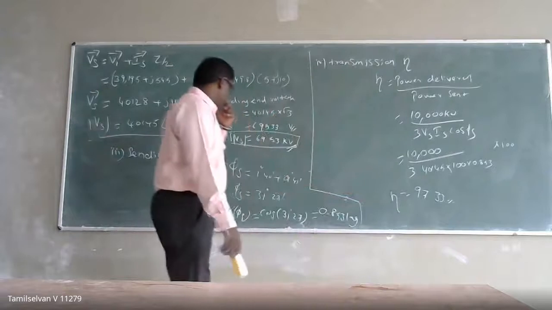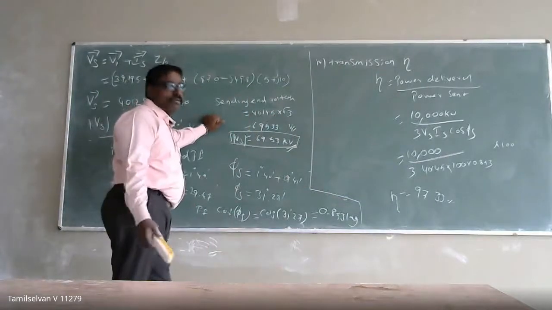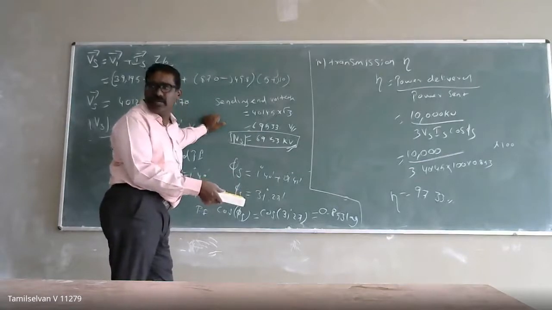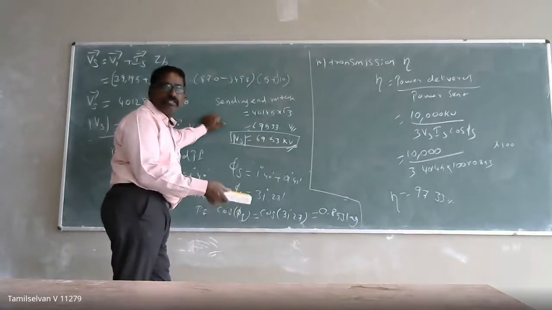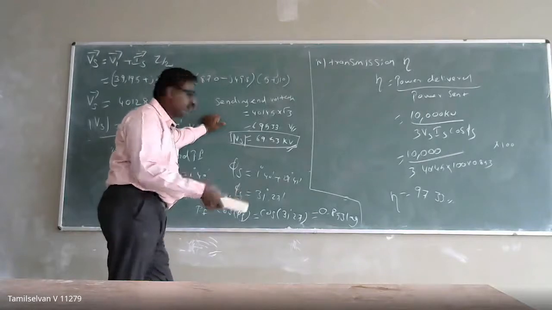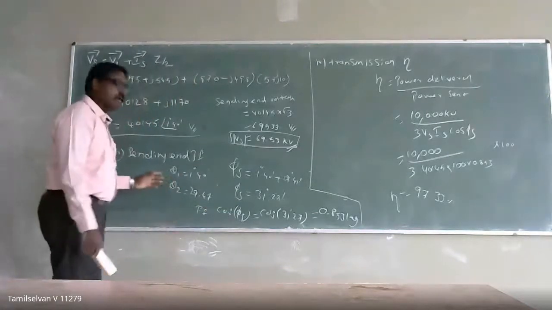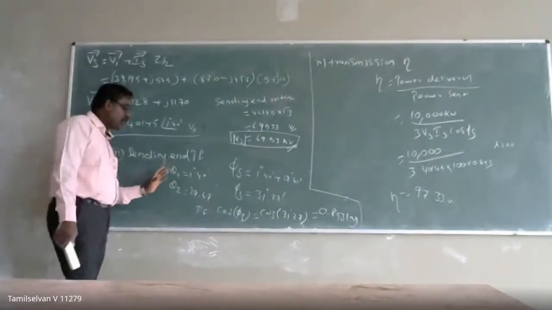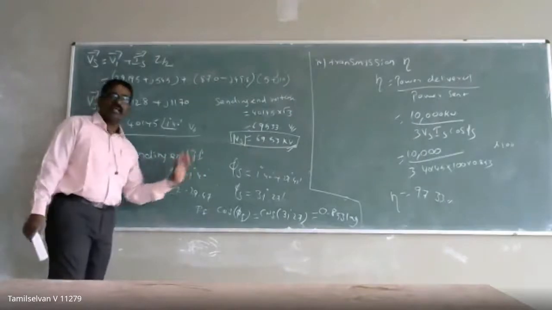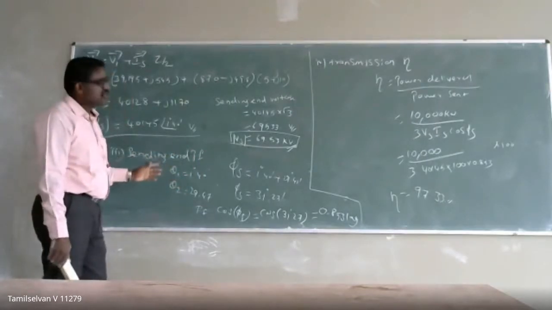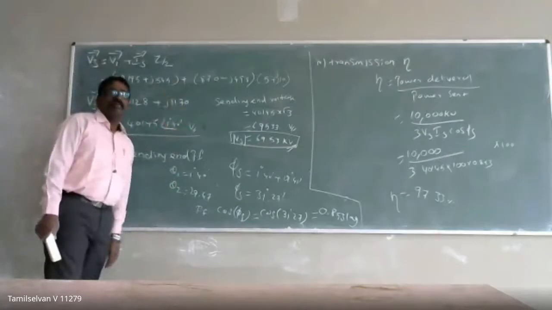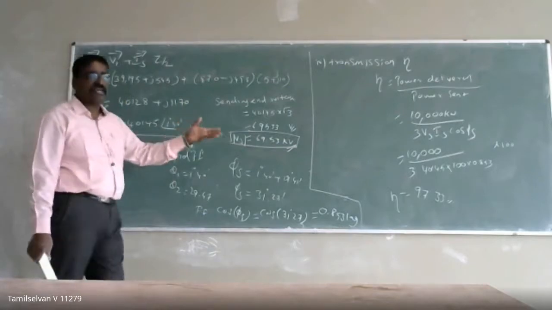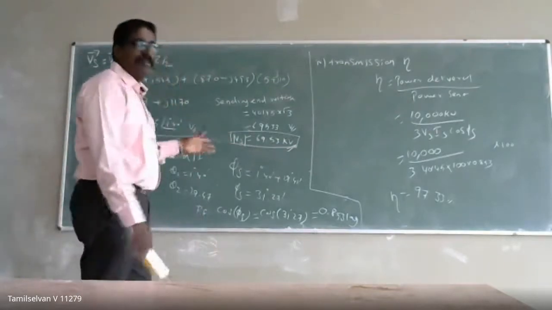Similarly, if they ask for the nominal pi method, you have to draw the equivalent circuit. Nominal pi method means instead of splitting the series impedance, we split the capacitive susceptance: one half at the starting point, another half at the ending point. If you draw the equivalent circuit, you can calculate the performance of your transmission, either the sending end voltage, sending end current, transmission efficiency, or voltage regulation. The method is often the same.